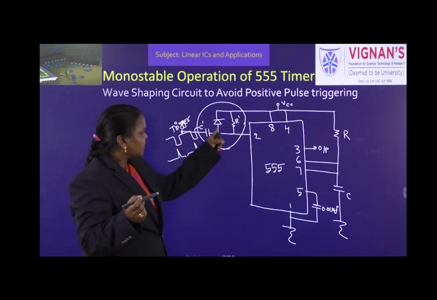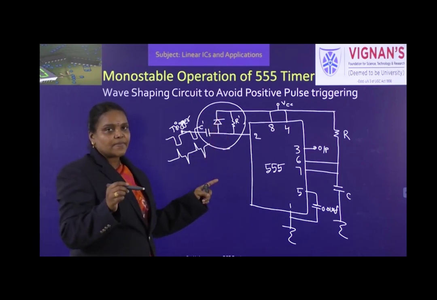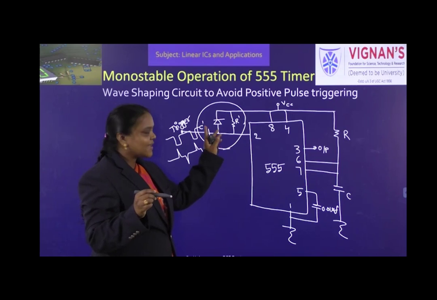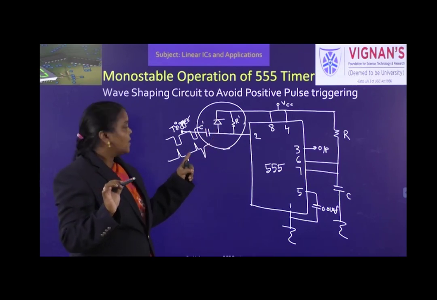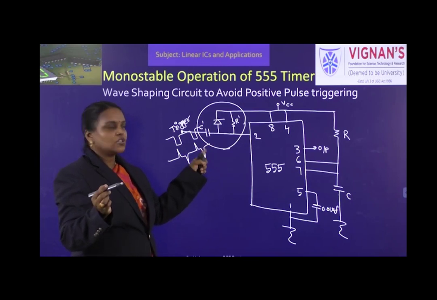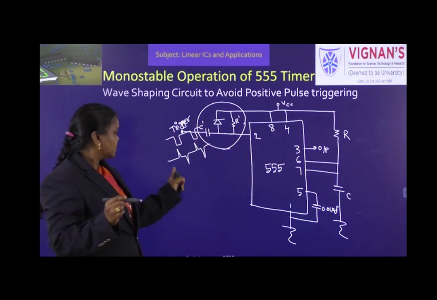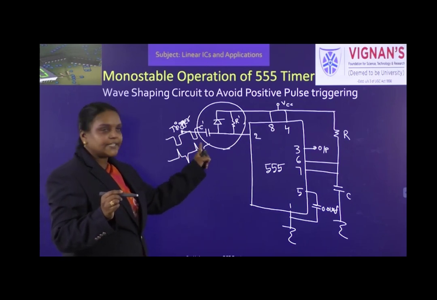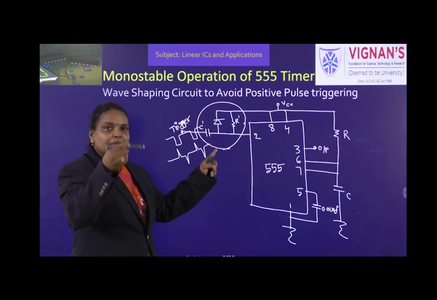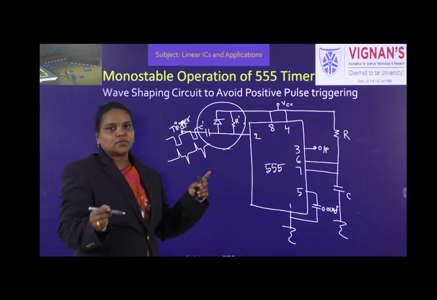That is, the square wave becomes impulses. And next, this diode. For positive spikes, what happens? This diode will be forward biased and this voltage will be clamped to 0.7 volts. Whereas for a negative going trigger pulse, this diode will be open circuit. So that will be applied to the second pin. When the negative going trigger pulse goes beyond 1/3 VCC, it will switch the circuit.